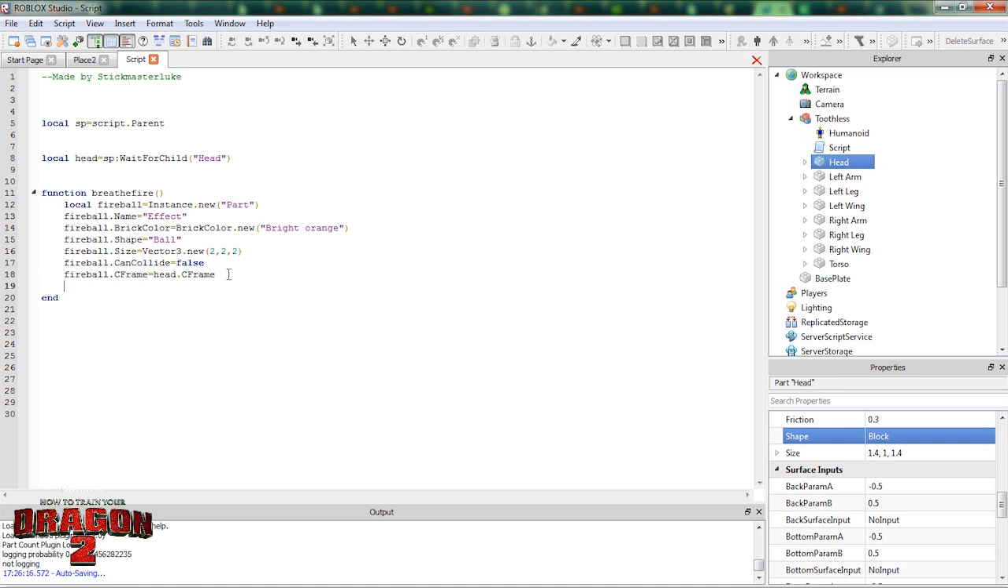The fireball is going to be the same position as the head. And we're going to make it shoot out of his head. So fireball.velocity equals Vector3. So we want to shoot in the same direction as his head. So actually we're going to do